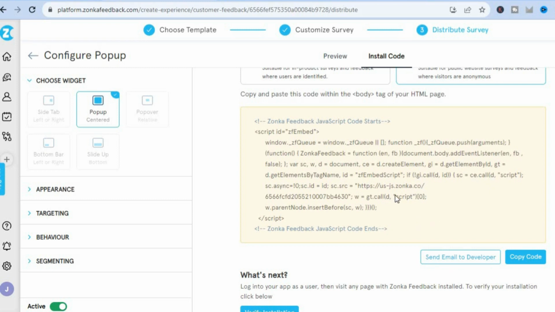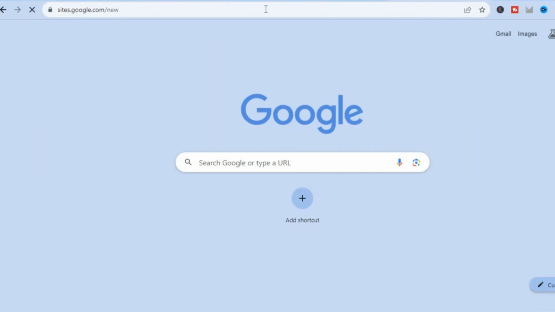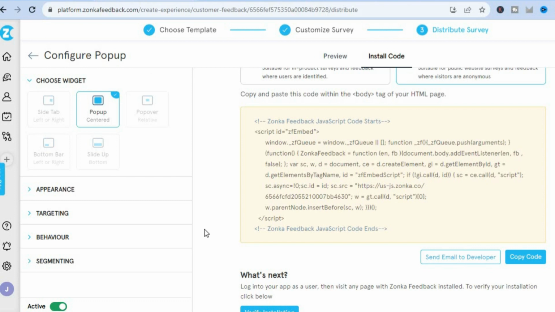All you'll need to do is simply copy this code. So you can copy the code right here. So let's say I would like to add it to my Google Sites. All I would need to do is simply open a tab, and from here I'm going to simply go onto sites.google. But before doing that, let's go back into the survey builder real quick,